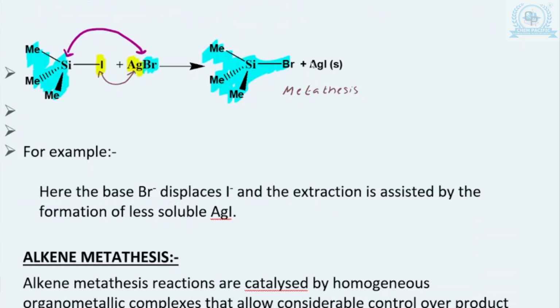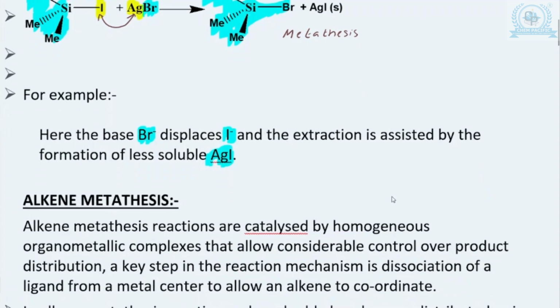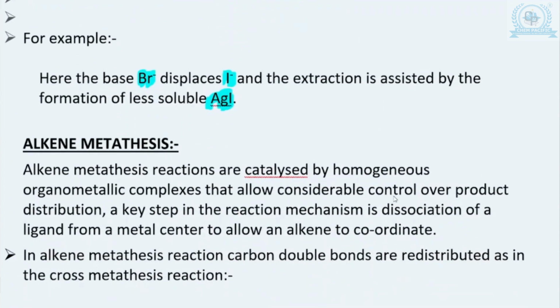Over here I have already given in note form that Br minus displaces I minus, and the extraction is assisted by the formation of the soluble AgI. Now, what do you mean by alkyl metathesis? Alkyl metathesis reactions are catalyzed by homogeneous organometallic complexes that allow considerable control over product distribution. The key step of this is the dissociation of the ligand